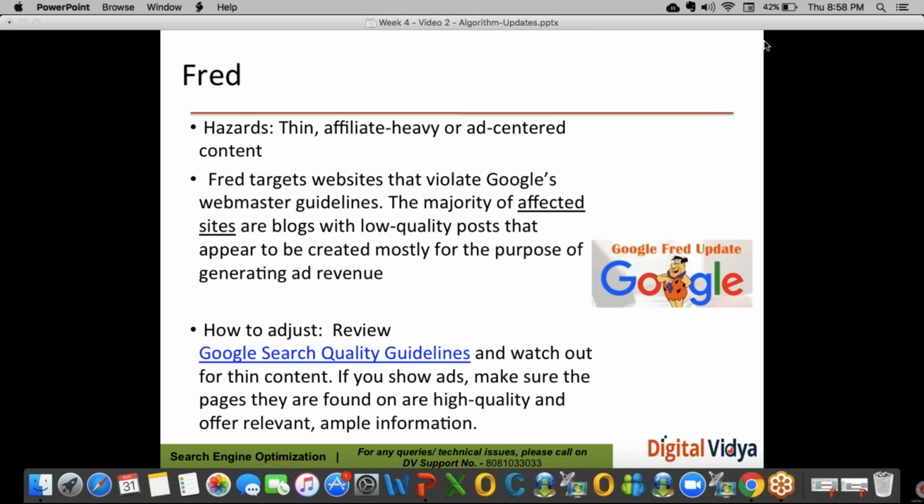Why are you rating them that way? I'll tell you why this blogger does all these things. They only do this so that they can make good money from the clicks they generate from that particular post, or when somebody buys a product by clicking on their blog. So that is what the Fred update is meant for. Fred update is for all the bloggers who are writing low quality blog posts, which are heavily ad centric content. All right, so don't over promote anything, because you never know, you can be caught by Google's Fred update. This is especially for the bloggers.